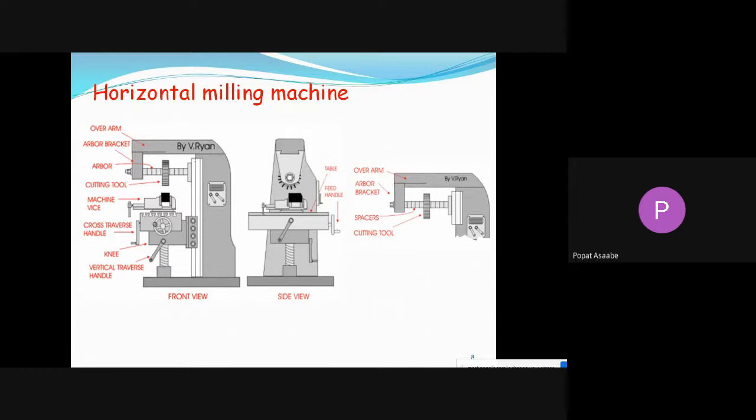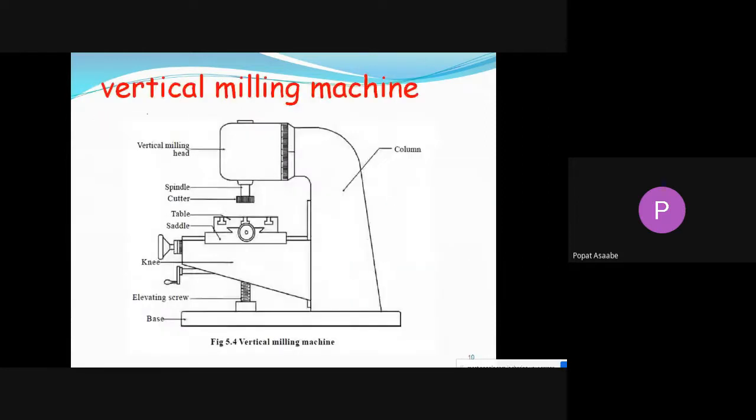Next, the milling machine we have studied is the vertical milling machine. The only difference is that in the horizontal milling machine the position of the spindle is horizontal, and here in the vertical milling machine we mount the spindle in a vertical manner. See here, this is the vertical spindle. Again the same parts are there. It consists of the bed, with a similar function, and the column, again with a similar function, to hold all the driving mechanism.